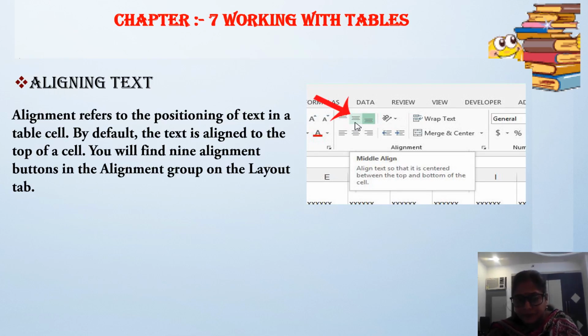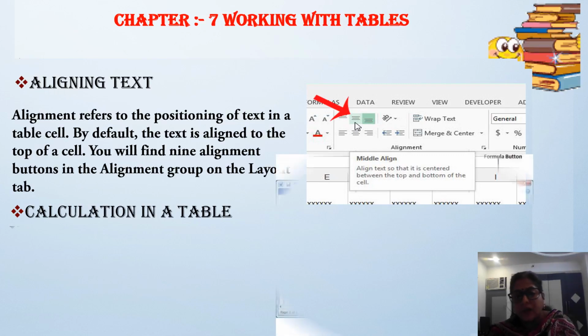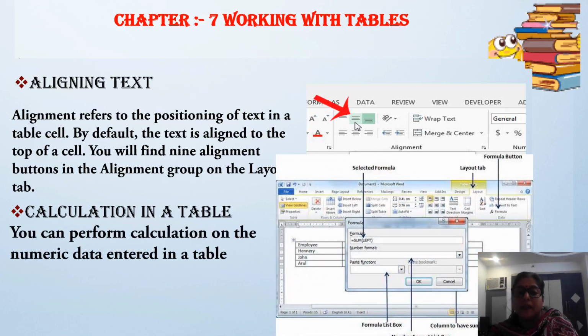In the alignment section, you will find 9 alignment buttons in the alignment group on the layout tab. Here is the 9 alignment group. Means I told, left, bottom, then right, top, like this. Okay, so this is called aligning the text.